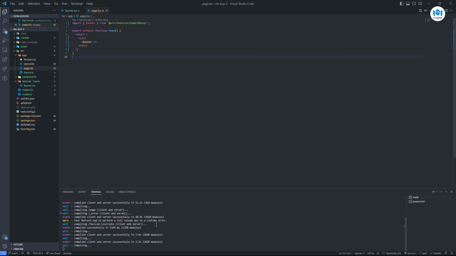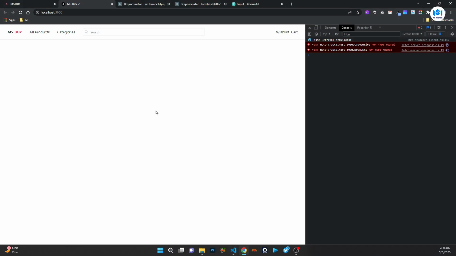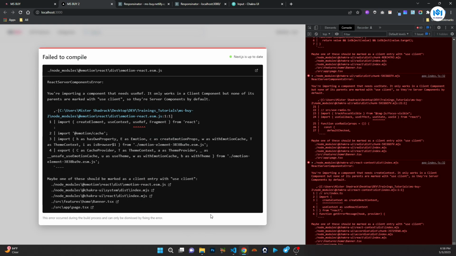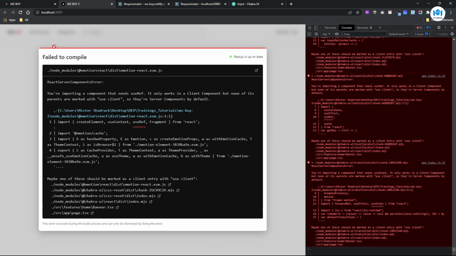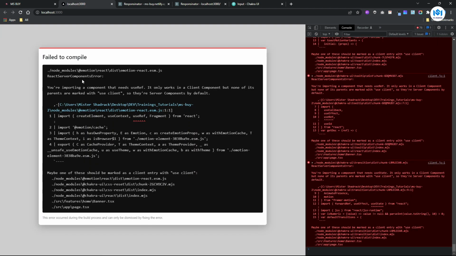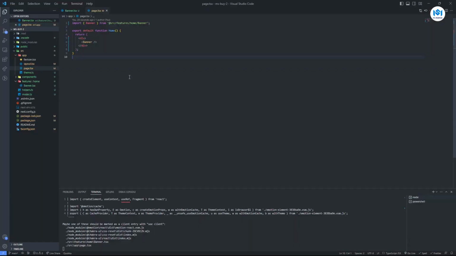Save this, and this is going to create two sections. It is actually going to be here, but I can't see it because this is covering it because of the display we have for it. As you can see, it is giving us some errors as well because we are importing a client component inside the server component. So what we have to do to fix this is, when we go to the banner component, we